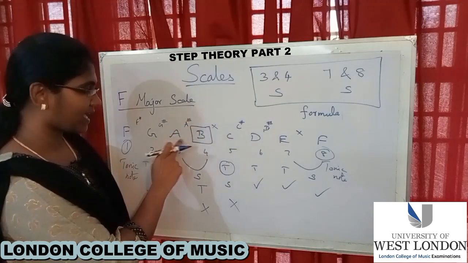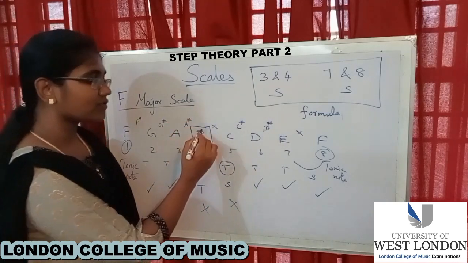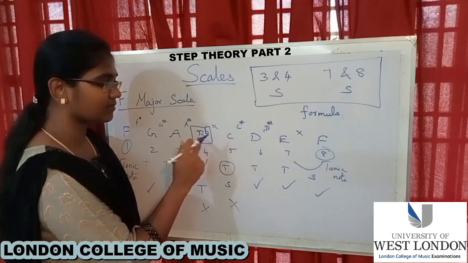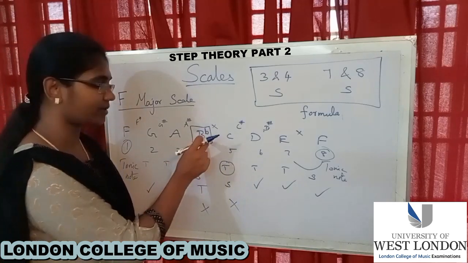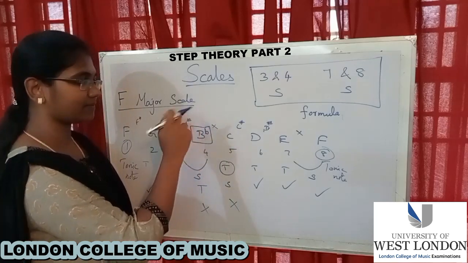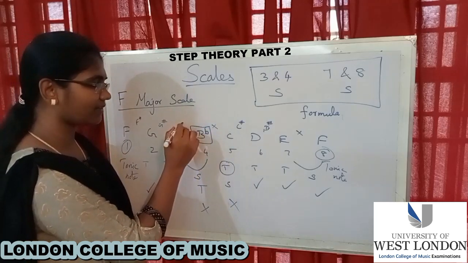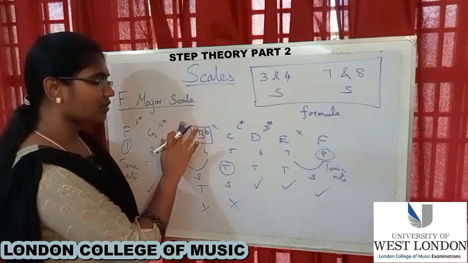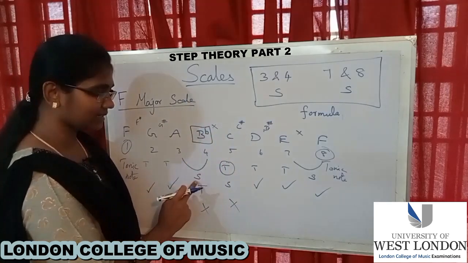Okay, so take A and B, B and C. We can use flat for this, B flat instead of B. If you write B flat, it means A and B flat. A sharp or B flat, both are the same. So A and B flat is in